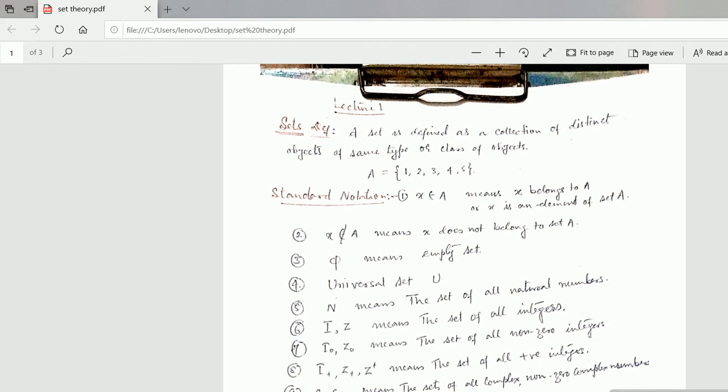Dear students, in this lecture we are going to discuss the fundamental concepts of set theory, such as the basic ways of describing sets, use of set notation, finite sets, infinite sets, empty sets, subsets, power sets, equal sets, equivalent sets, disjoint sets, countable and uncountable sets, and so on. Now, start with the